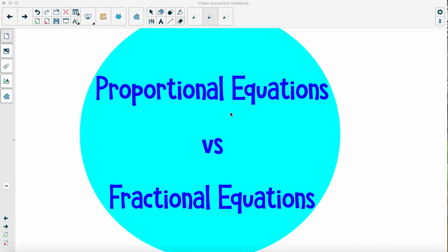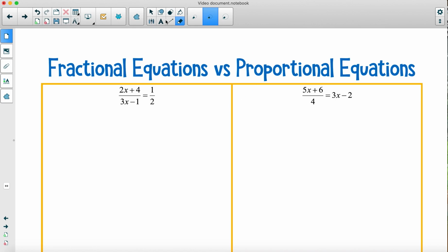What we're going to do in this video is talk about the difference between proportional equations and fractional equations. These were two different lessons that you learned in your equations unit. As we look at these examples that I have here at the top, I'm hoping that you're recognizing those as